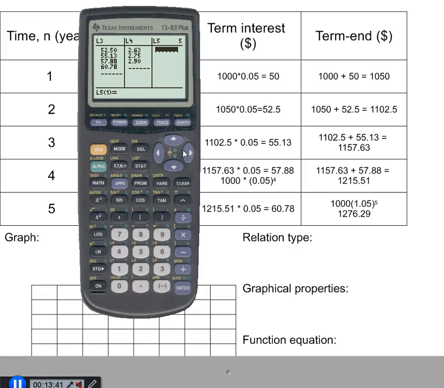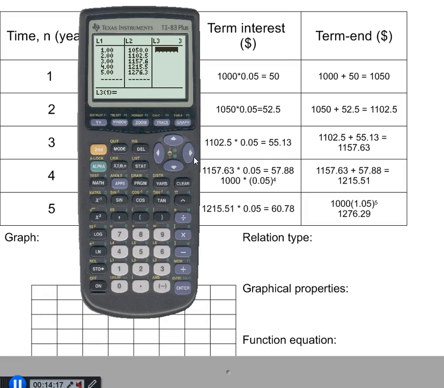The problem here is we're looking at differences being constant, and what we should be looking for is a ratio. So in step 4 of the investigation, we were looking at common ratios. Now that's of course familiar to us at this point. We've studied geometric sequences where a common ratio was very important. So if we were to go back to our list here and clear out the values in list 3 and list 4 and repeat this for ratios,